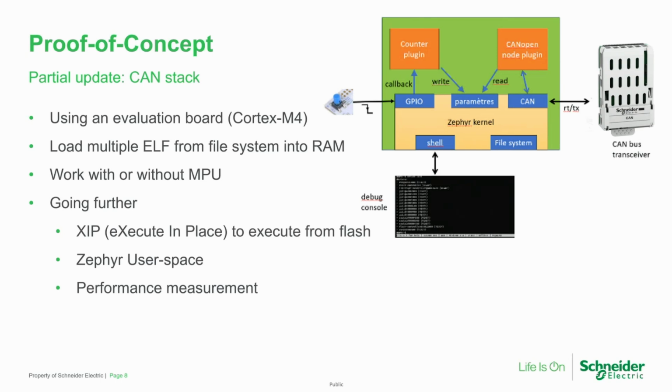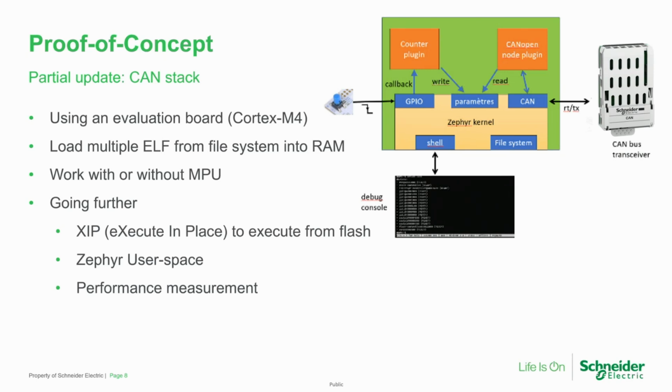So basically, you send your product to your customer. Your product is not able to communicate on the CAN bus, and in some way you send the extension containing the complete CAN stack, and then your product, without reflashing, can talk on the CAN bus. So here you have a small example on the board with a button. What we've done is that